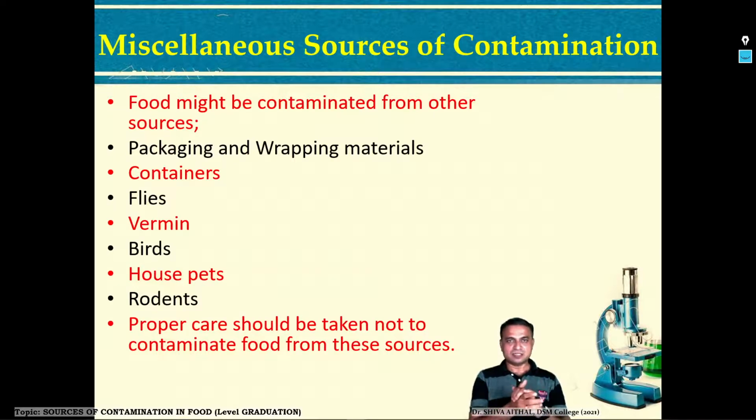these which are used as pets are simply not allowed wherever there is food being prepared. That is a separate long story which is responsible for not only bad health, but over the years a mental condition can also be there. So rodents, rats, lizards, all these inside a production assembly, it should be zero of these things, and proper care should be taken that these should not be there to contaminate the food. So this is all about the sources of contamination in food.